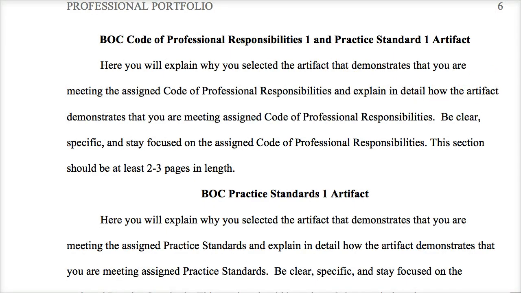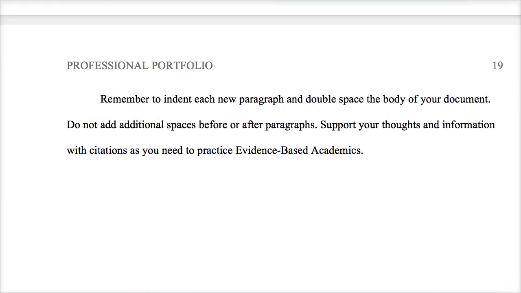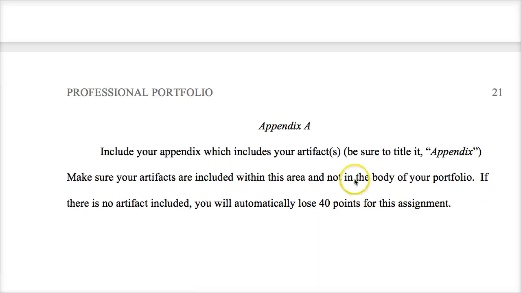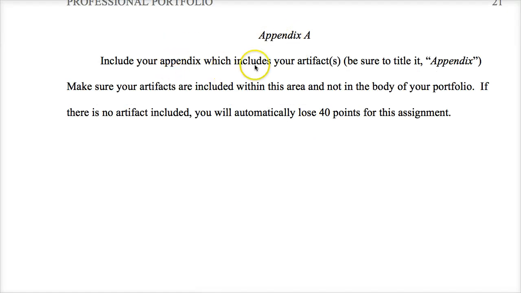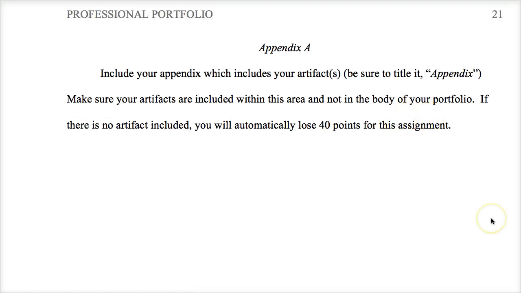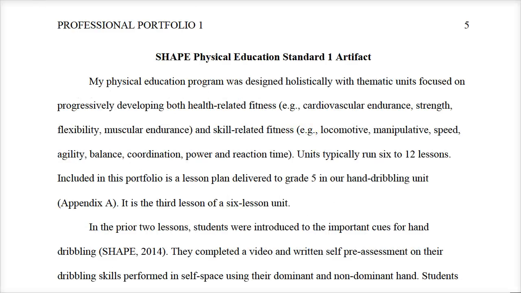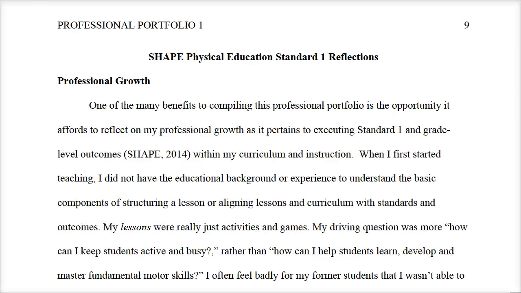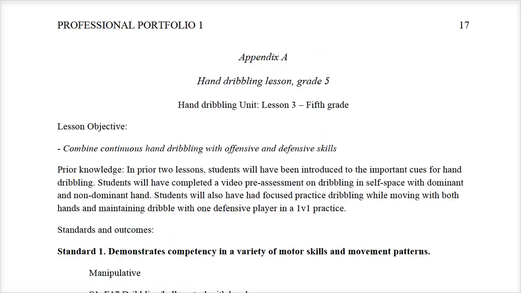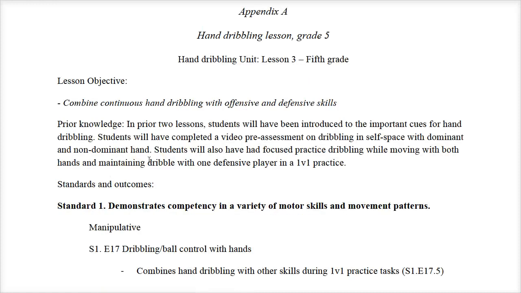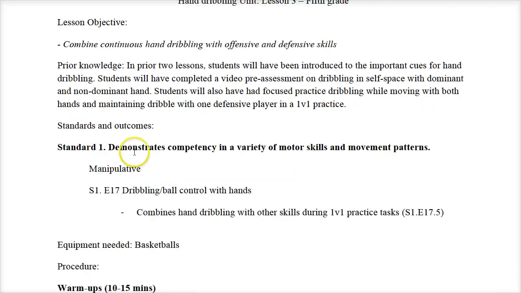That artifact will actually go in the appendix of your paper. I'm scrolling down. It's the very end. Appendix A, you'll probably have 2 appendices. Put your artifacts here. If it's a PDF thing, you have to copy and paste it in there. It has to be included in this professional portfolio. It can't be a separate file. So let me show you in our PE example. With the PE student, the student turned in a lesson plan that demonstrated that she was satisfying standard 1